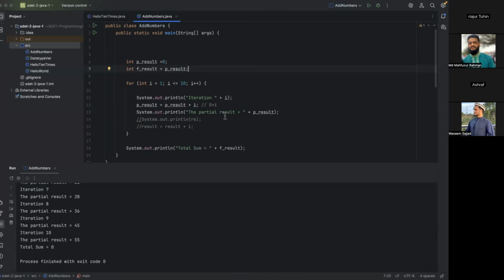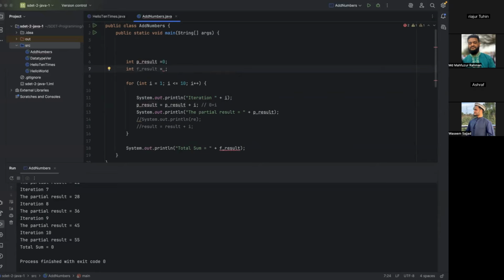Let's see. Save it and then run it. It should be working. Somehow maybe there is a little mistake. Okay, let's debug it. Iteration, partial result, partial result. Partial result is updating this one. It is actually very complex. Never do it, because it becomes 0 again. Every time it's 0 again. That's why, don't do it. Don't do it. Don't do it. Instead of doing it,